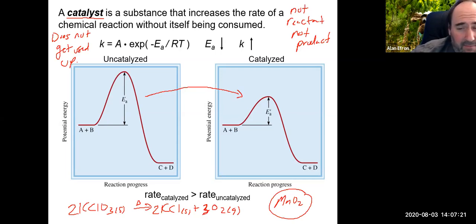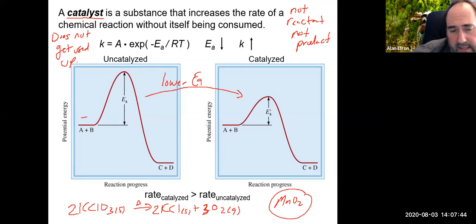It may happen in a different series of steps, or the rate determining step becomes a faster step than it normally would be if the catalyst wasn't present. But it typically will lower the activation energy by finding this alternative path for the reaction to take place. And since this hill, which is our activation energy,